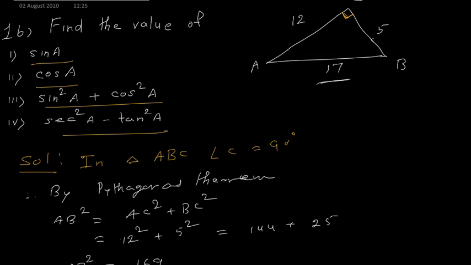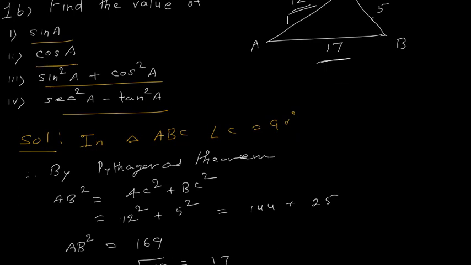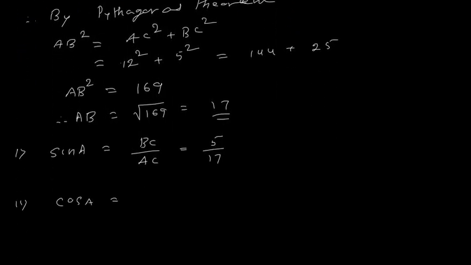Now the adjacent side of this triangle for angle A always starts with A. Now AB we have told is the hypotenuse. So remaining is AC, which is going to be your adjacent side. Okay, and what is left is the opposite side of the angle. So for cos A it is adjacent upon hypotenuse. So it is AC upon AB. Cos A is AC upon AB.